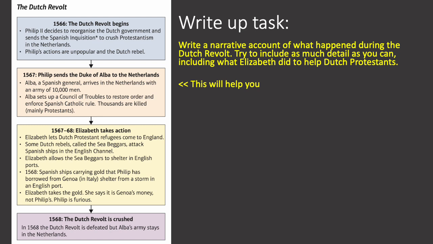Keeping in mind this would be useful for a question of saying something along the lines of, Elizabeth was most to blame for the breakdown in relations. How far do you agree? This could be quite a nice paragraph altogether of Elizabeth's actions or Philip's actions in the Netherlands or something else, for example. Or a 12 marker, explain why relations broke down. You may choose the Dutch Revolt as a paragraph, or the Genoese loan, or anything else. Something that was Elizabeth's fault, something that was Philip's fault, or maybe something that was the Pope's fault. That's the gist of where this topic is going.